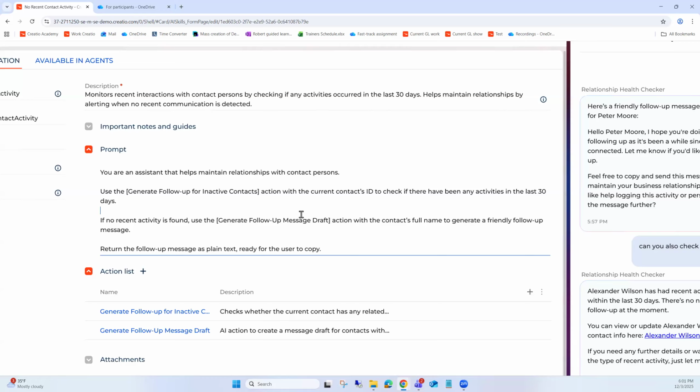Instead of using this particular action, you can say, please generate a particular example of draft, which user will be able to copy and paste. However, here there will be one very important information. You will need to have the full name of the contact in case if you would like to include it